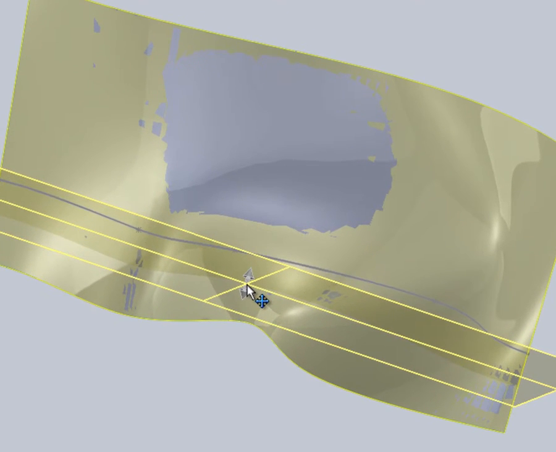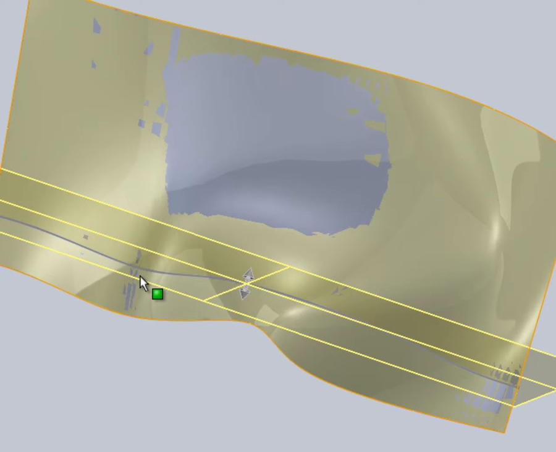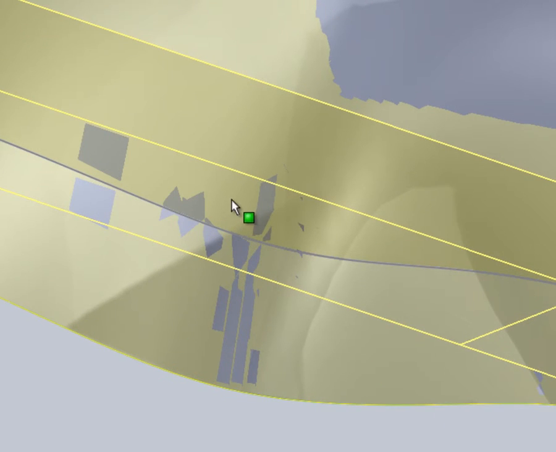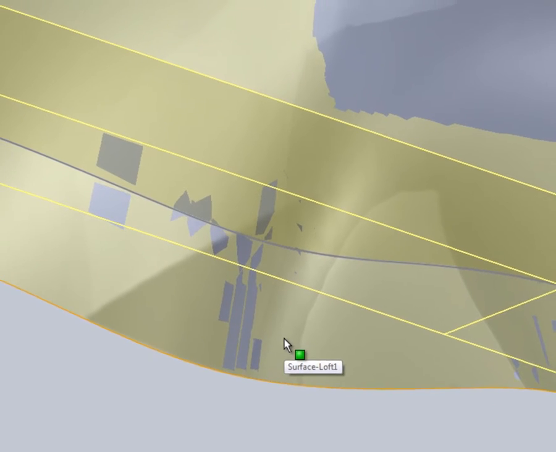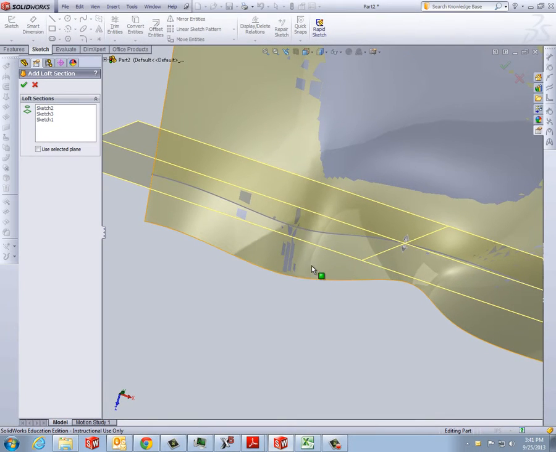And if you can see, it's slightly darker on the back side than the front side. This color change gives you some indication of where it's at. Agree to this with the green check mark,